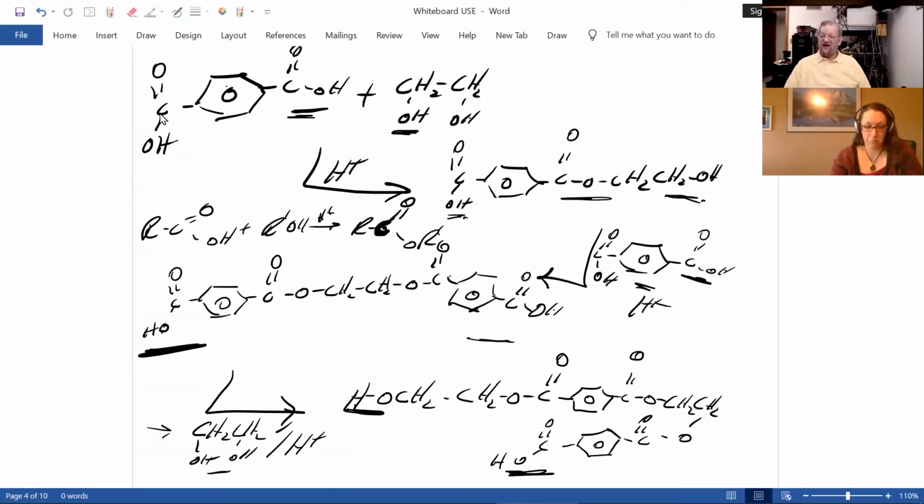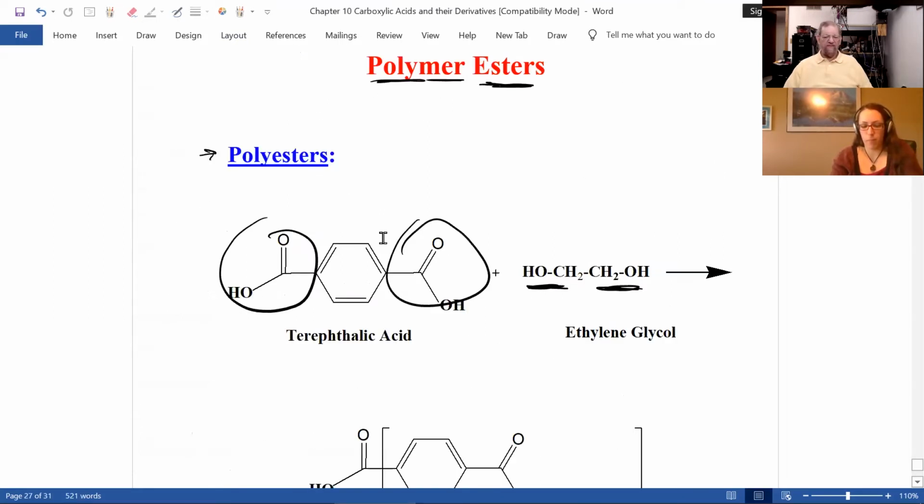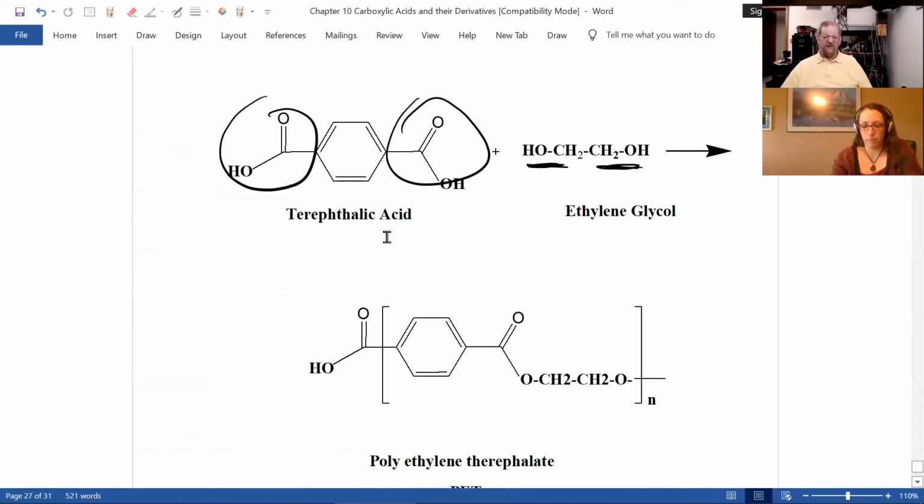And this, like the Energizer bunny, can keep going on and on and on till you put about 1,000,000 of each together. Now, if you were to look at this, there's a repeating unit. If I were to have it straightened out, you could see it better. But if we go back to the slide, here's the repeating unit. And this repeats over and over again. And n here, if you put enough of this terephthalic acid and ethylene glycol, would be large, like 1,000,000. So you can put a lot of them together.